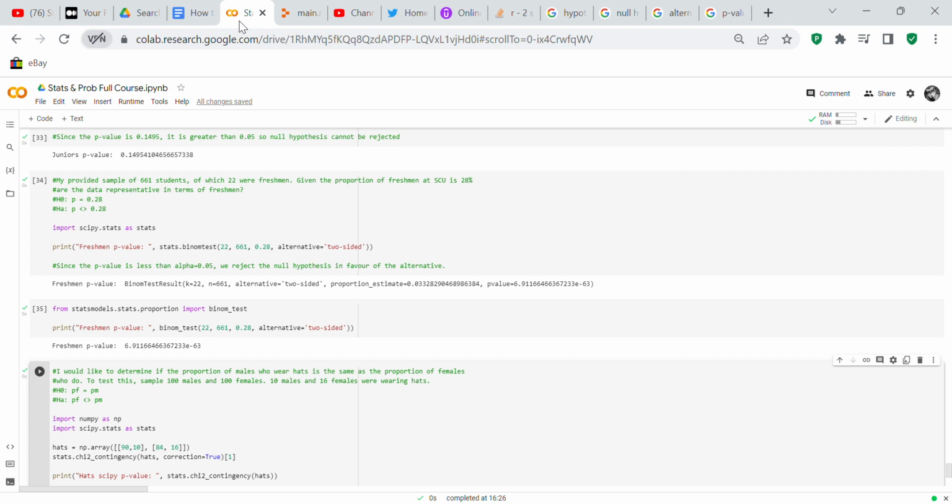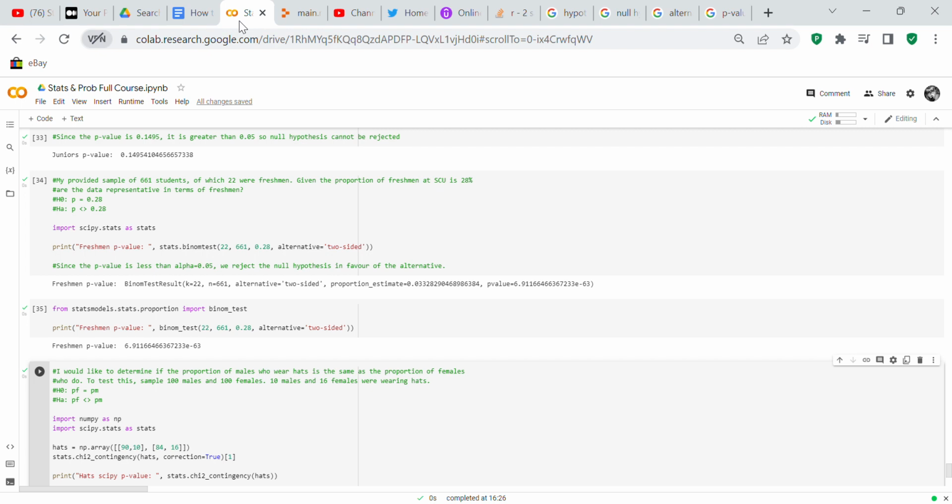But because I was trying to solve what I perceived to be a problem, I dug out the stats models as well. Because if you've been watching my videos, you'll notice that I've been doing a lot with SciPy. Well, in this particular solution, we're going to be using stats models, and the code is